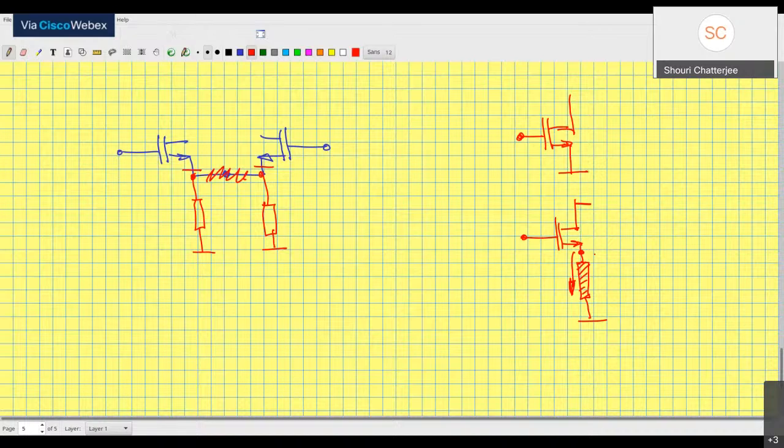The inductor, of course, is big and bulky, and we need to have ways to manage that. But it turns out that at RF frequencies, the inductor becomes small. As frequency becomes higher and higher, the size of the inductor also becomes smaller and smaller. So it's possible. All right. I hope that answers your question.